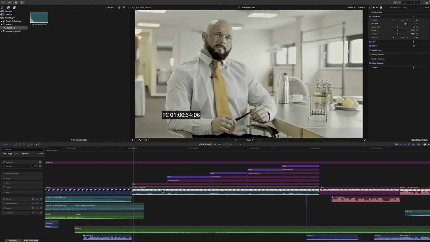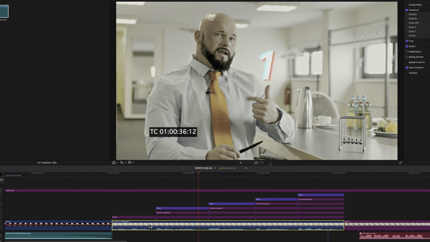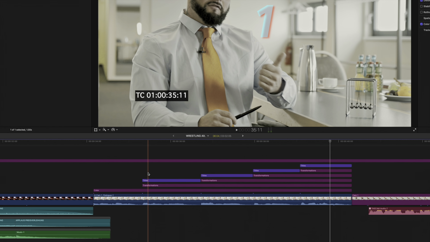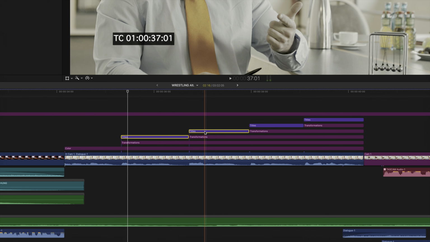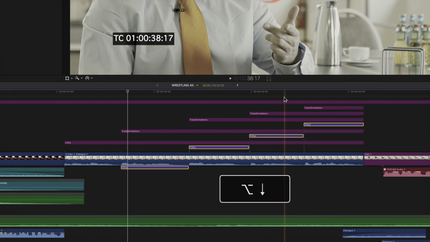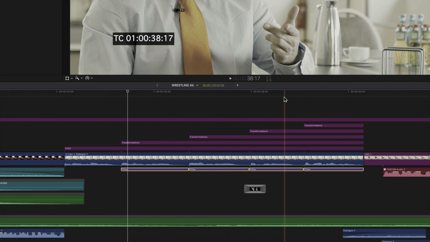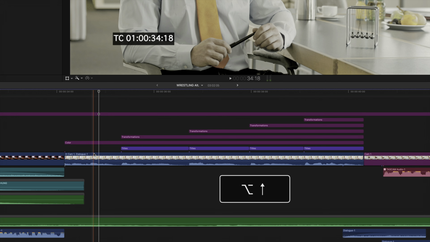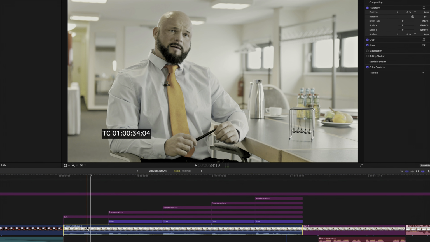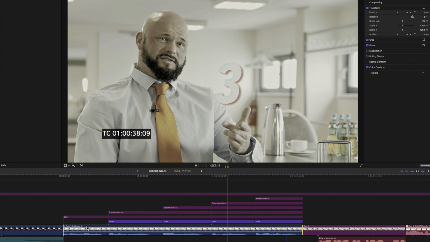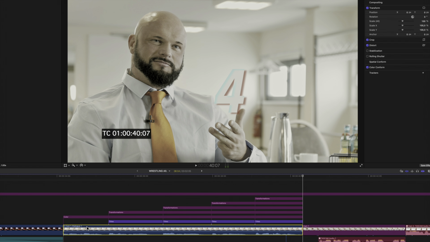But playing it back, we can see that the titles don't scale with the video. If I wanted that, I could use the new feature that was introduced with Final Cut Pro 11 by selecting the titles and then pressing Option and the down arrow a few times to move them below the primary storyline, then press Option arrow up to move them above the clip, but below my adjustment clips. With that, the numbered titles scale along with the video below. Doing this saves me having to create a compound clip or applying the same animation to the titles.